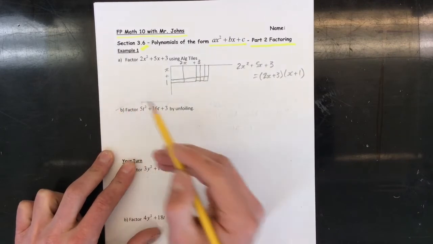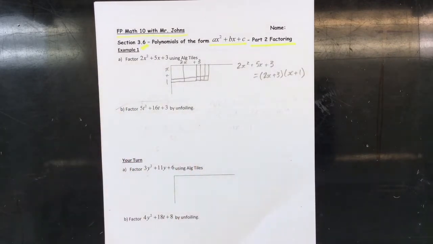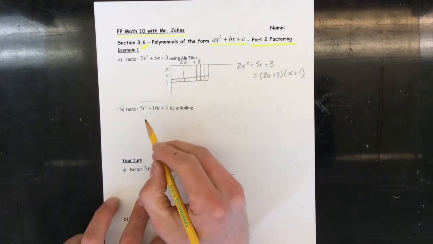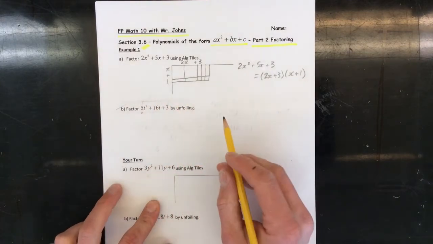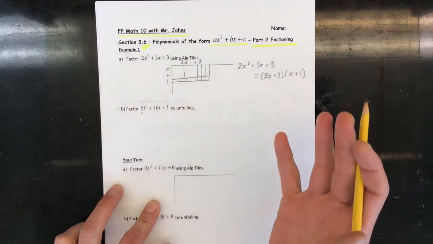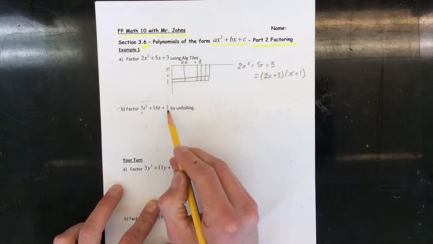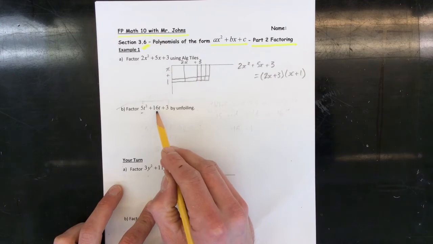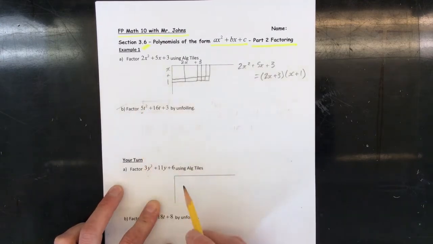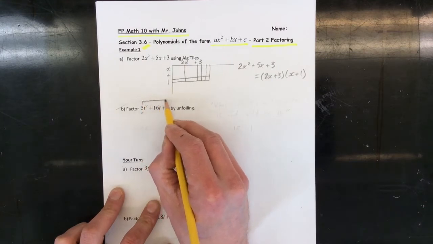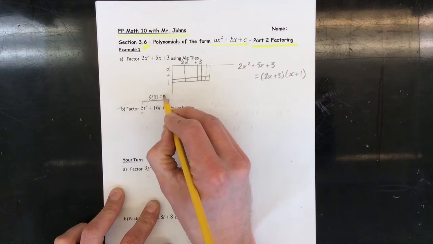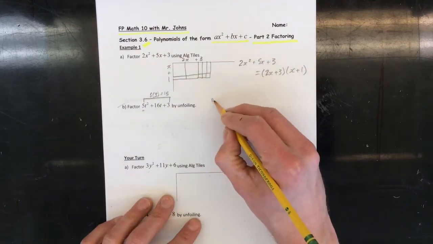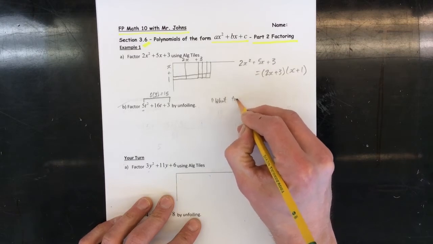For number b, now I'm going to just be factoring by unfoiling, but we have to modify our method now because of this a value in front. So pay attention and trust me, this method works, but it is tricky. What I normally do is I need to find two numbers that multiply to the last and add to this outside-inside term. But because we have this a, it's tricky. So what I do is I multiply a and c, or 5 times 3 in this case, to give me 15. Then I ask, what two numbers